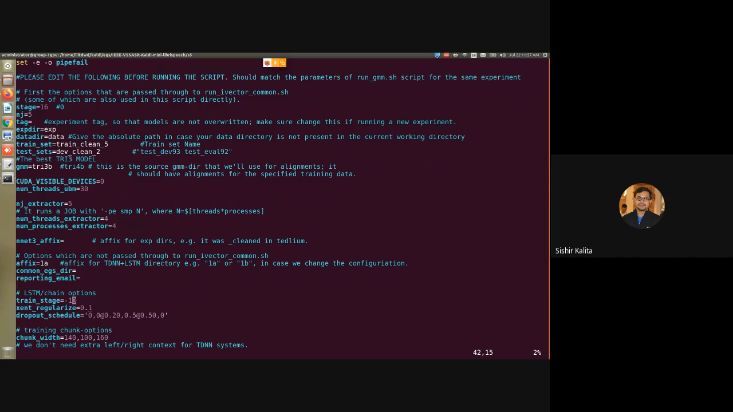Now here, this LSTM chain option is -10, so it will start from the initial model. Here we can define, for example, that if something happened while we are running the TDNN model, and in between we got some error and our TDNN model stopped, at that time we can run from that particular checkpoint. That option is there from the train stage. I'll show that in the original TDNN